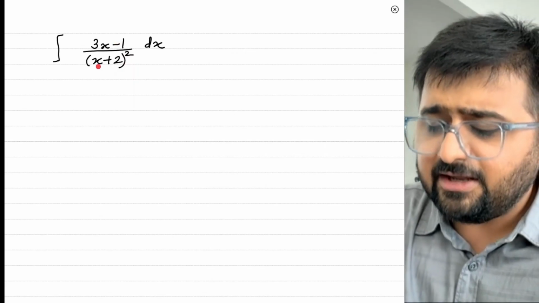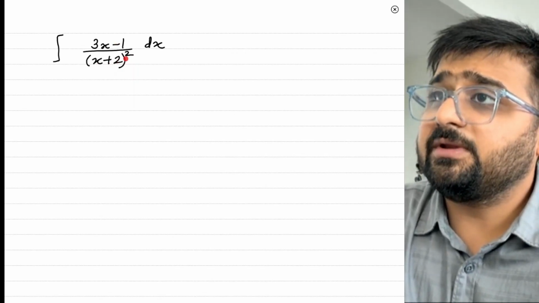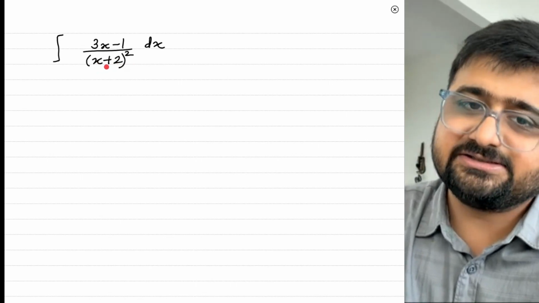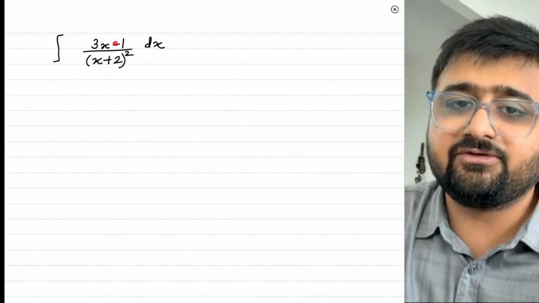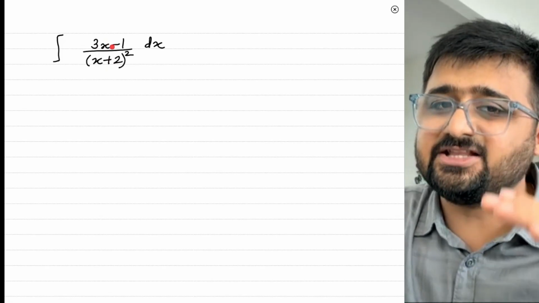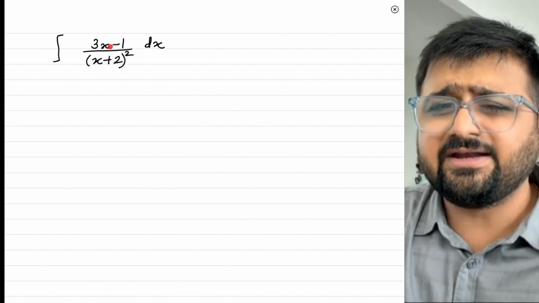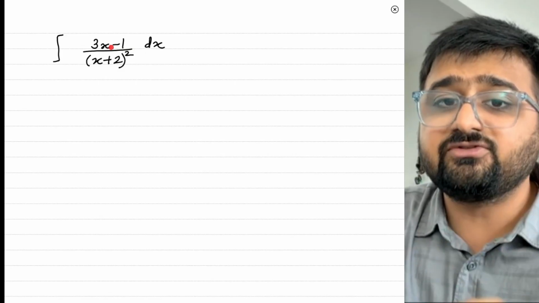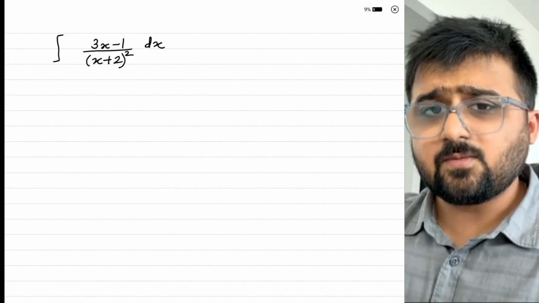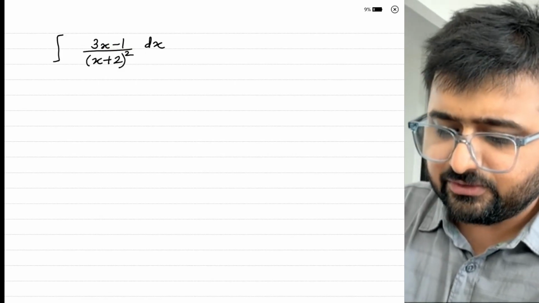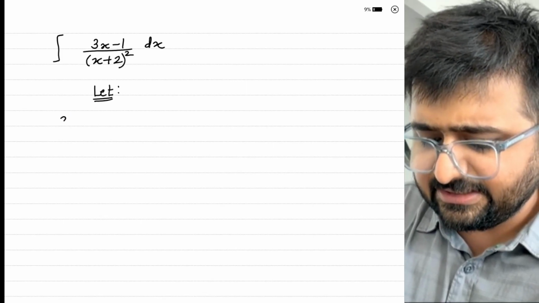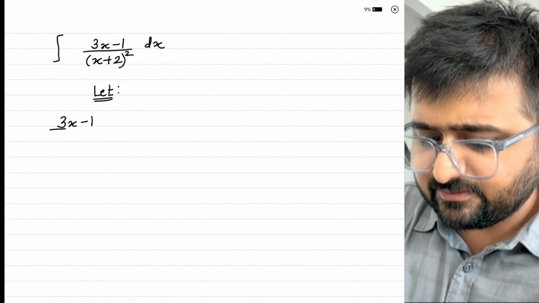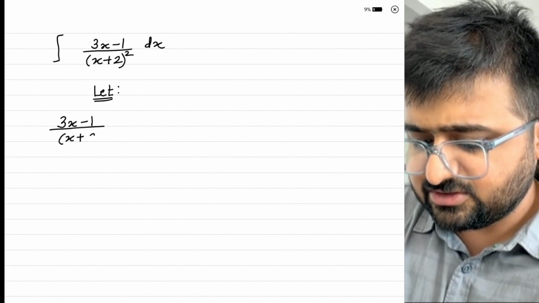If you notice here carefully, the denominator is also in terms of factors. Whenever the denominator is in terms of factors and the power of the numerator is less than the power of the denominator, 110%, that integral is of the type partial fractions. If you want to do partial fractions here, you have to express that function in terms of, so you say, let (3x minus 1) over (x plus 2) the whole square